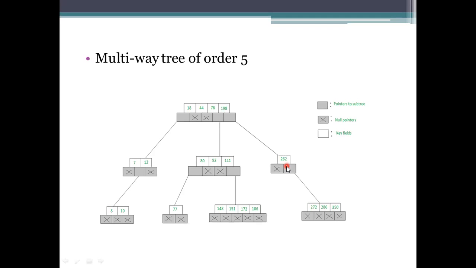For inserting the elements, take the list of the elements first. What is the order of the elements we are getting? If the order is 5, the restriction is that 4 elements have to be added.